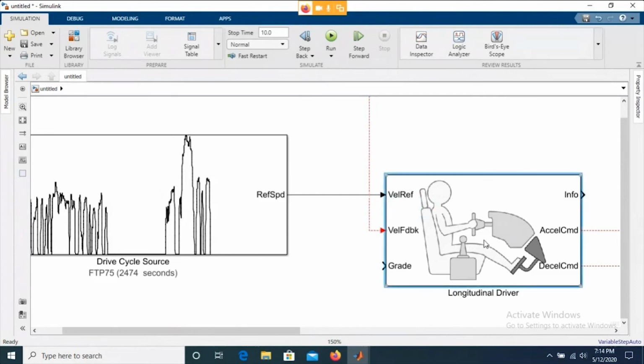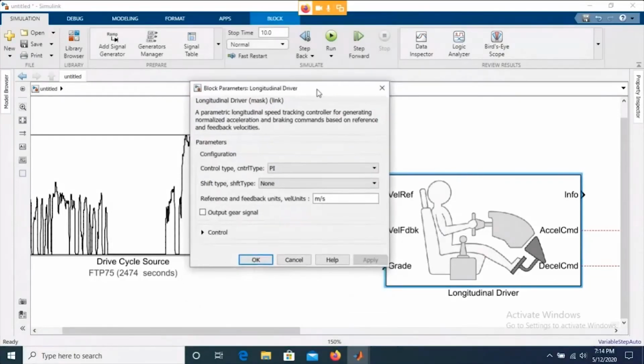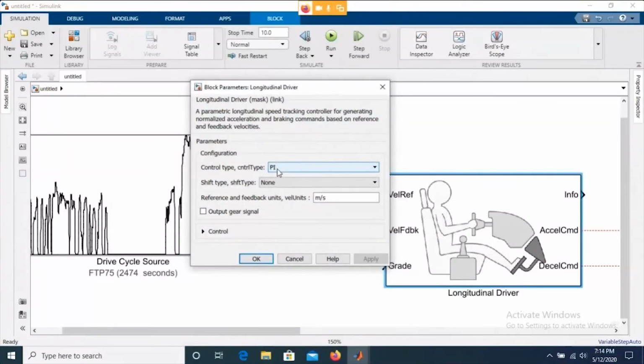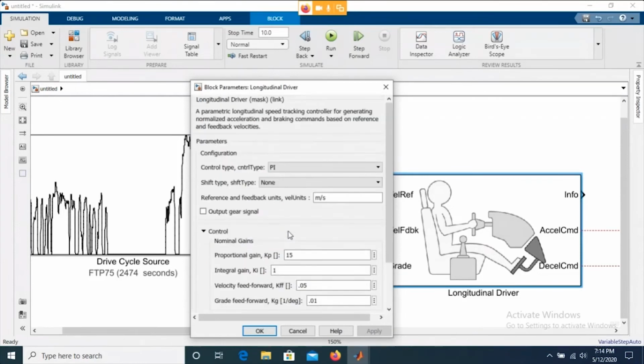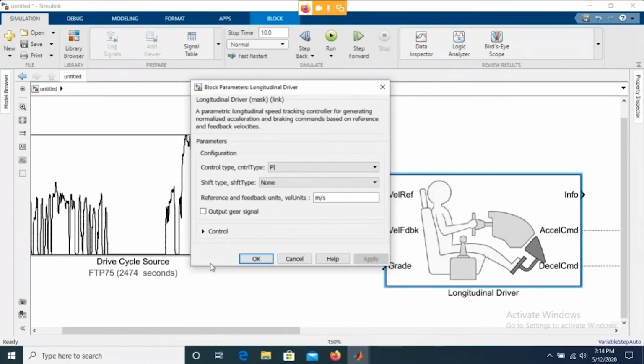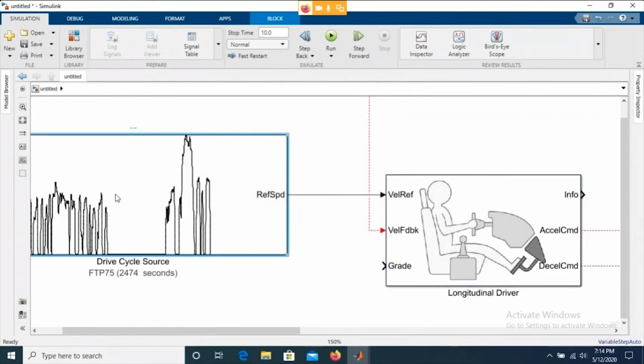Now, what is the driver going to do? The driver is nothing but a controller, basically a PI controller. This PI controller has proportional and integral gains, and it tries to follow the command given by the drive cycle source. Here is the drive cycle source block. Guys, let me explain again because we missed that part.